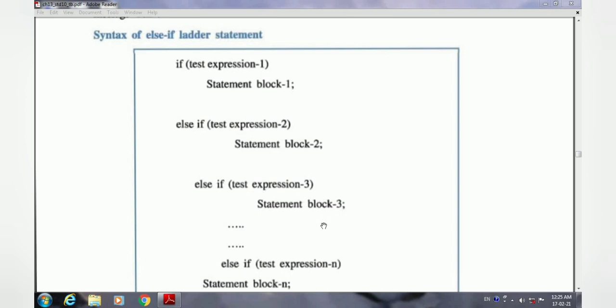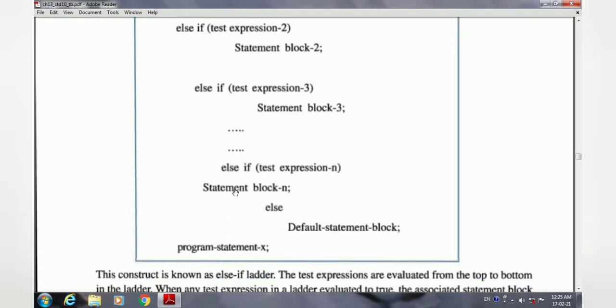So this is the third condition, and here else if and test expression n means till the nth number. As I told you, you can write as many conditions as you want, according to your wish. So the last block is the nth one. If none of the conditions becomes true, then there is a default part, that is the else part.